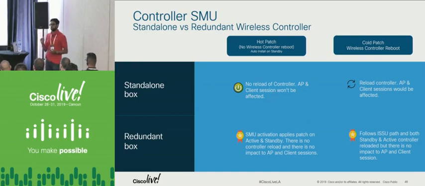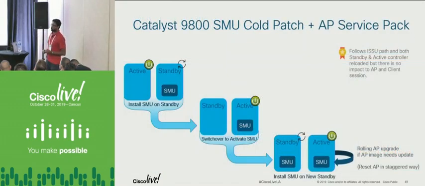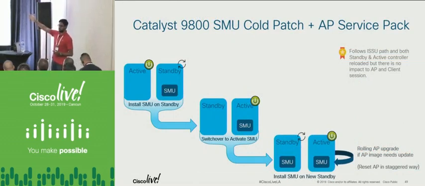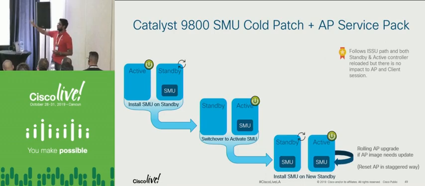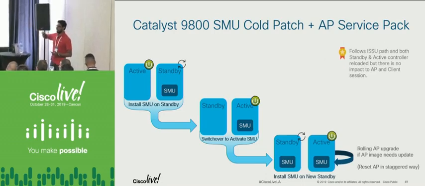what we have is something called in-service software upgrade or ISSU based SMU upgrade. How does that work? Let's say you have an active and a standby, and you have a maintenance patch. You upgrade that cold patch via the active, and it will install the image on the standby, and the standby will go through a reload. All this time active is catering to your clients and your access points, and standby will reload, come back up